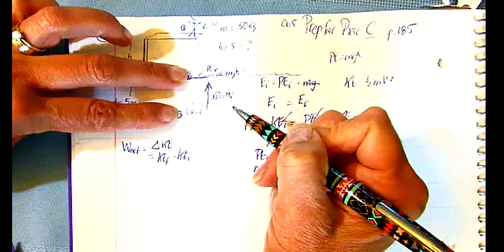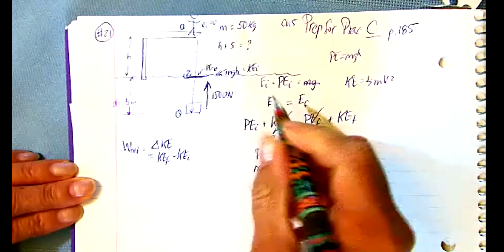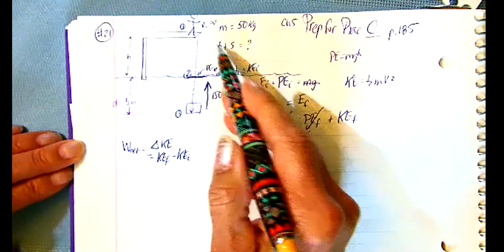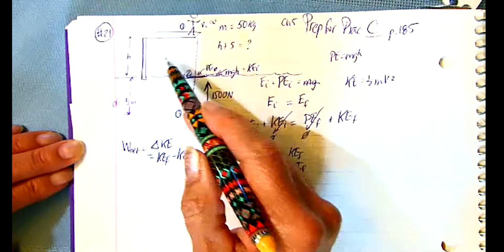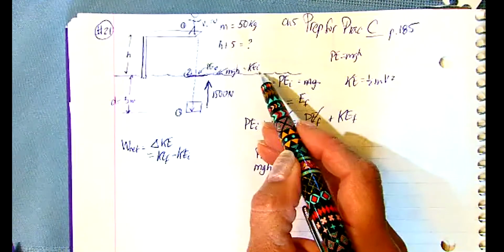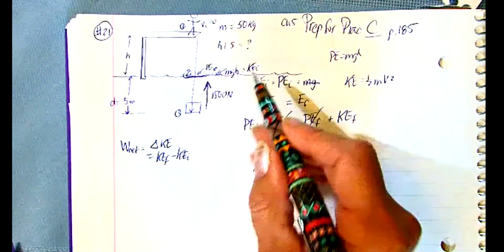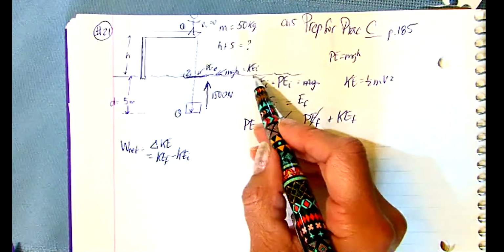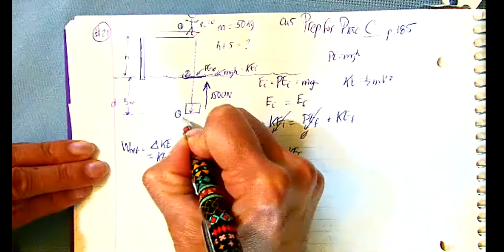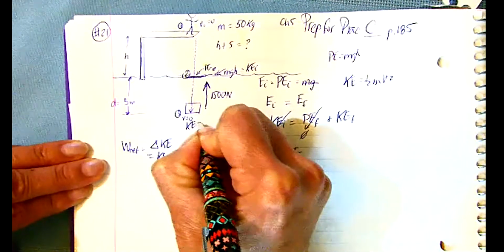So now we're starting from 2 to 3. So we're going to say here is the initial kinetic energy right here at this point. We know it's mgh, which we can just plug in mass and then 9.81 times, oh, the h we don't know. Okay, so we got mgh there. All right, so then what? Now we can figure out, because of the initial, it's this amount, but when he ends, when he stops right here, the velocity is 0. So I know that the kinetic energy here has got to be 0